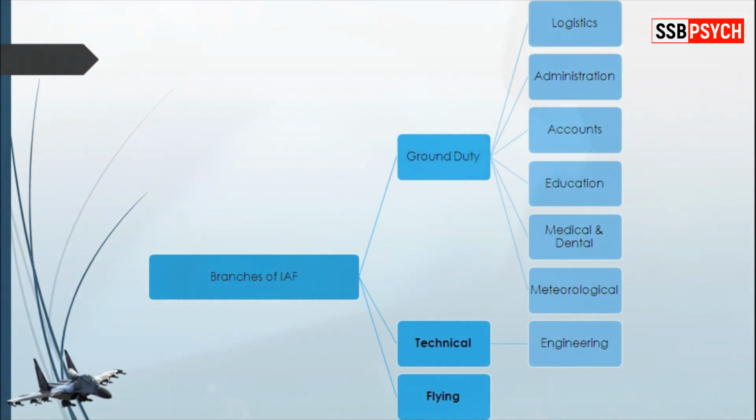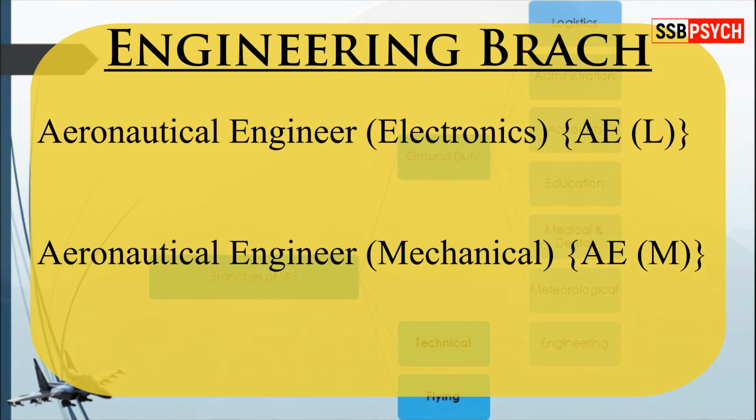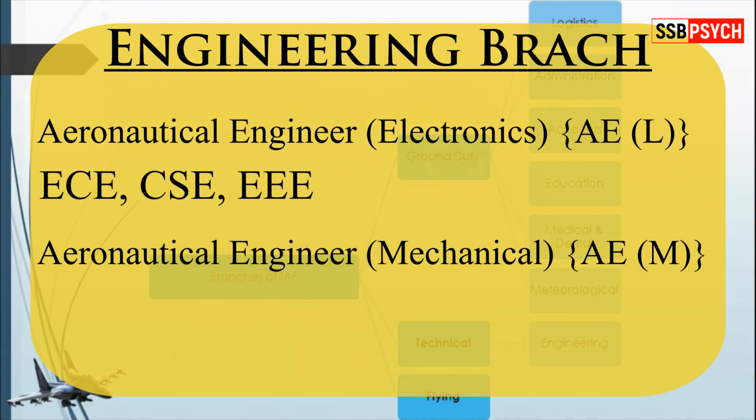Indian Air Force. The second branch of the Indian Air Force is the technical branch. In the technical branch, there are different branches. All those who have done BTech would be able to relate. There are people from electronics and communication engineering, computer science engineering, mechanical, civil, electrical and electronics, and many more. So here in engineering, we have two types, AE and AM. AE is aeronautical and electrical engineering, and the second one is aeronautical and mechanical engineering. In AE, all those people under ECE, computer science, triple E come,